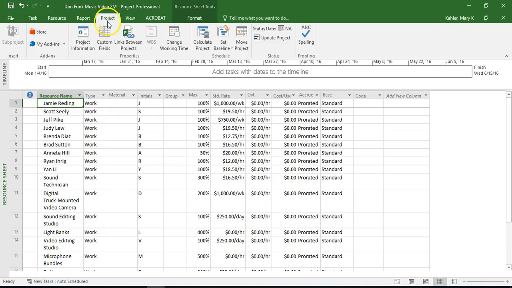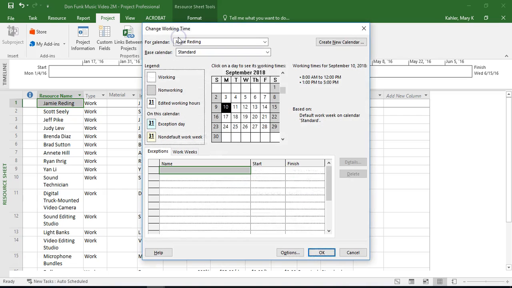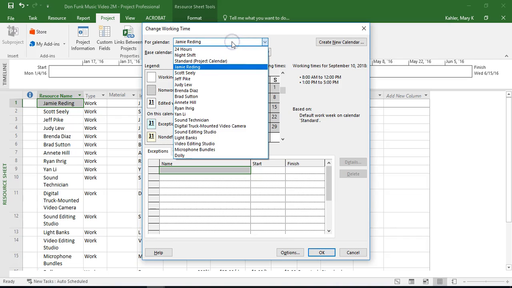and we are going to go into the project tab where we were last week. In this properties section, there's that change working time dialog box. This is the exact same feature that we used last time to establish our project schedule when we started out our project. We're going to open it up, and what Project has done is it has created a record for every single one of our resources, our work resources, excuse me,